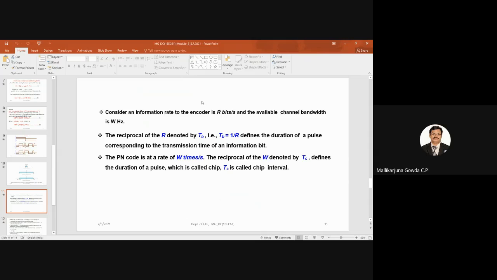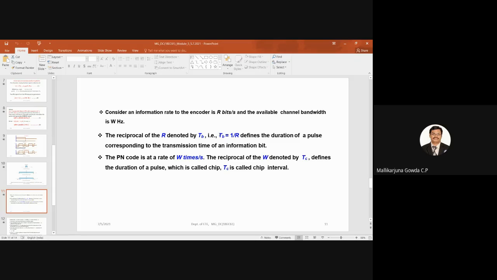As I said, this information will be at what rate? It will be R bits per second, right? With the available channel bandwidth, we say it is W hertz. Then the reciprocal of this R will give the bit duration, that is TB. Bit rate RB is equal to 1 by TB, so bit rate is equal to 1 over the bit duration. Vice versa also we can say, TB is equal to 1 by R. So that will define the